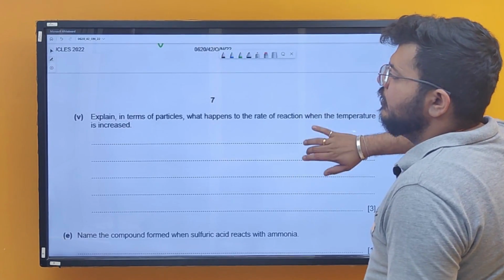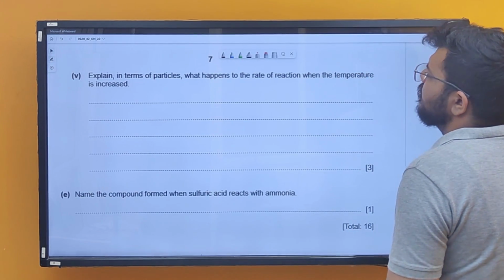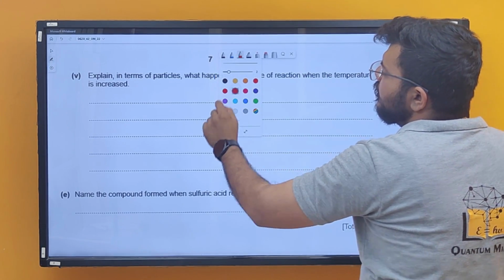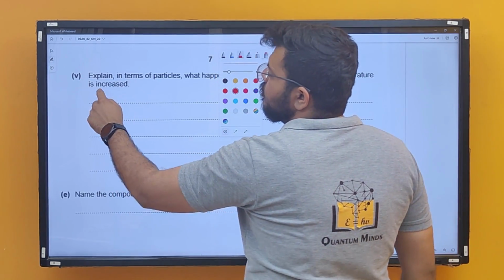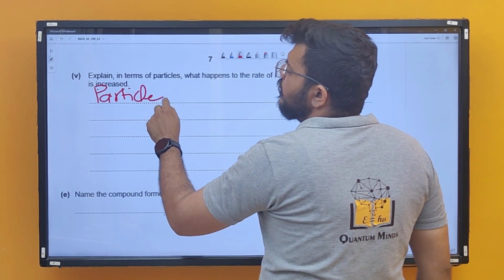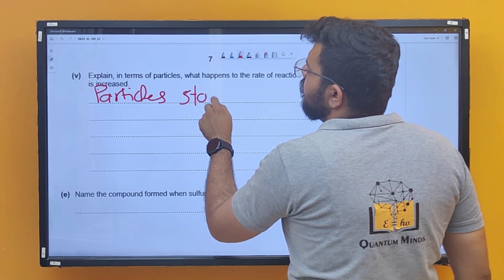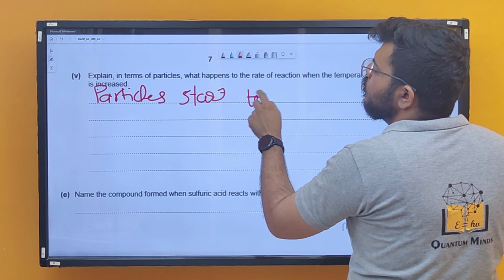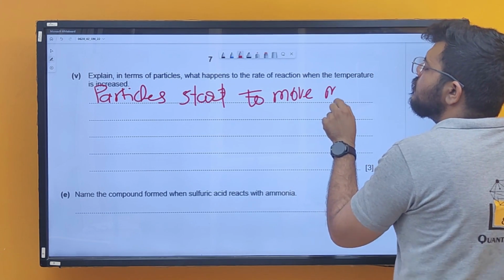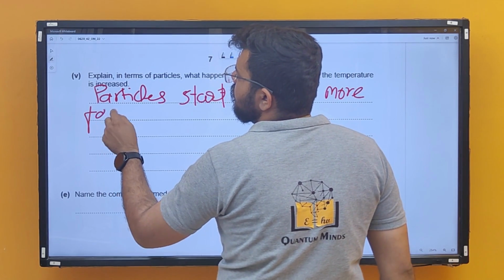change. Then we have explain in terms of particle what happens to the rate of reaction when temperature is increased. So let's say you increase the temperature, right? So particles start to move, right? To move more vigorously, or let's say faster,